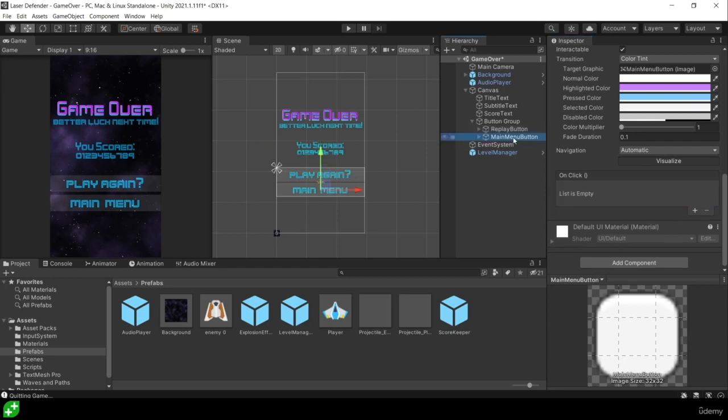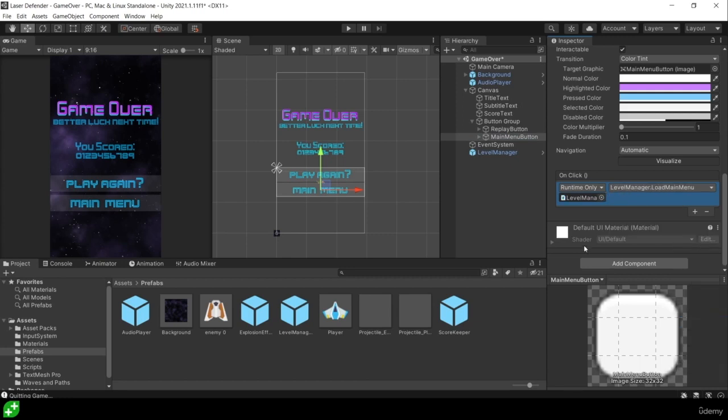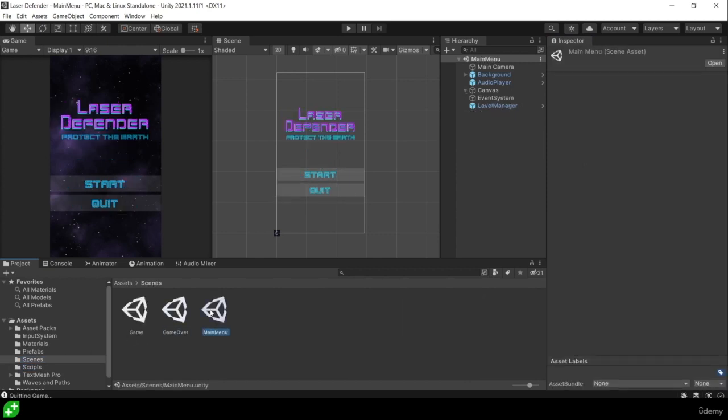And then on our main menu button, same process. So add an event, drag over our level manager, and then in our drop down, we want to load the main menu. So with that all set up, our game should have a nice flow between the different states of our game. If we jump back to our main menu scene so we can start from the beginning, if we go ahead and hit play,